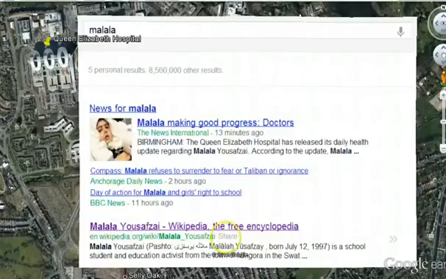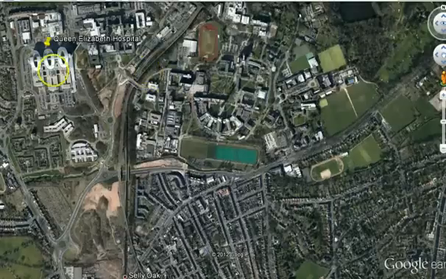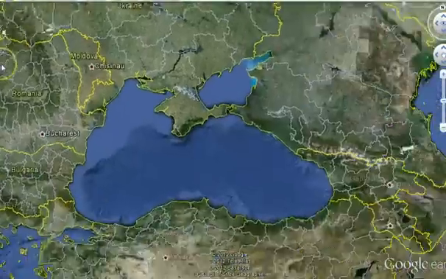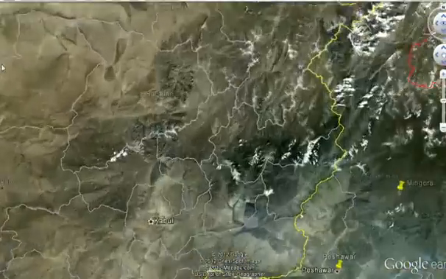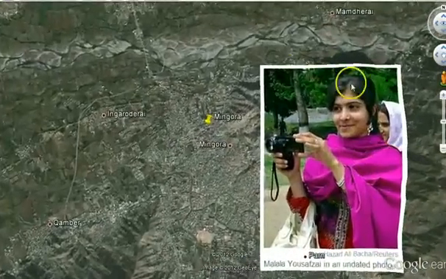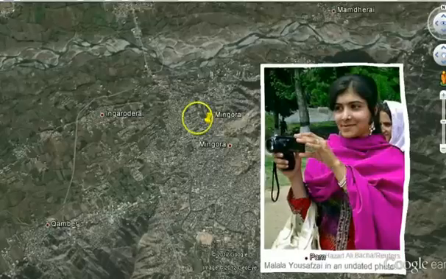And here's the Malala Yousafzai Wikipedia article, which I highly recommend to folks who want to read a little more about Malala. But this is an example of using Google Earth to help bring to life a young girl's voyage from her hometown of Mingora to Queen Elizabeth Hospital, where she is now. It's a pretty long ride, and it's one worth exploring with students. How did this girl do everything that she's done, and what is she a symbol of? And again, lots to talk about.